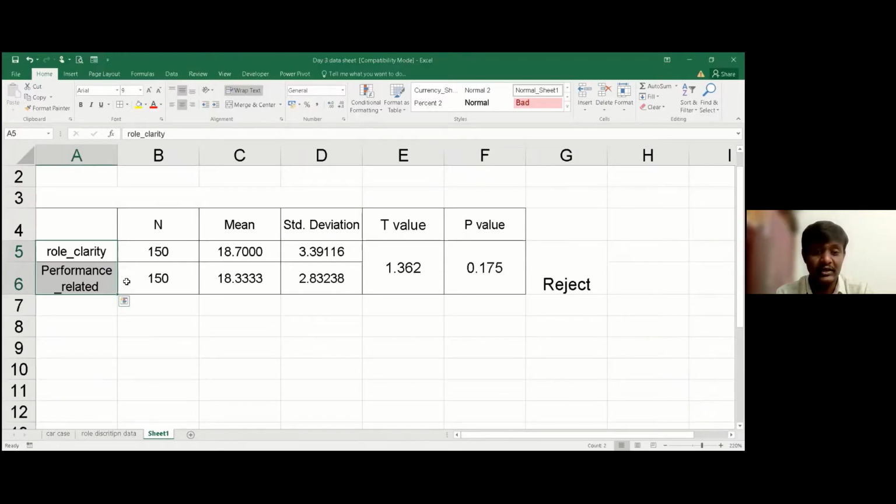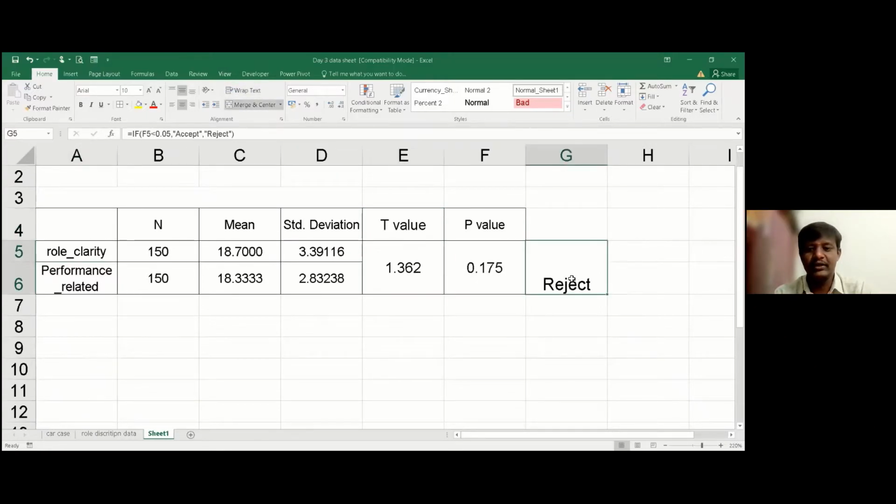Another one is that both the groups must be from the same population. This questionnaire has been collected from the same population. The responses of the same population are going to be compared here. So we have applied a paired samples t-test for the data we were provided.